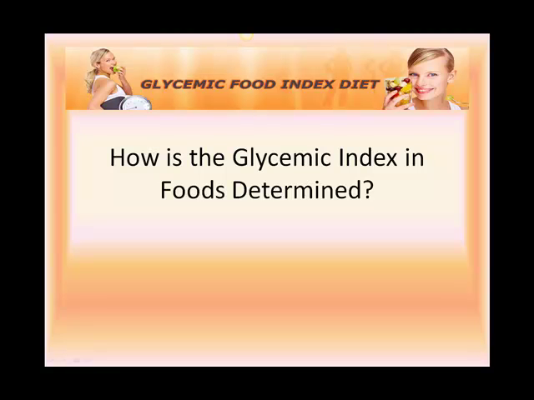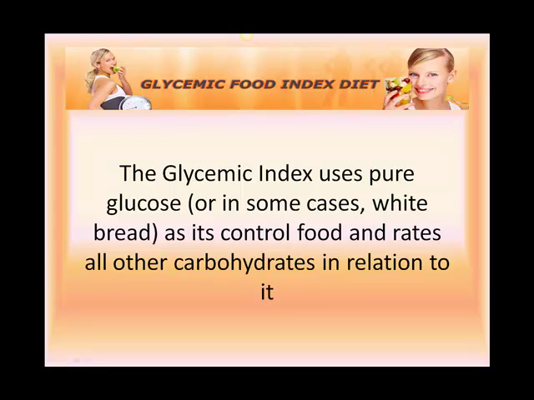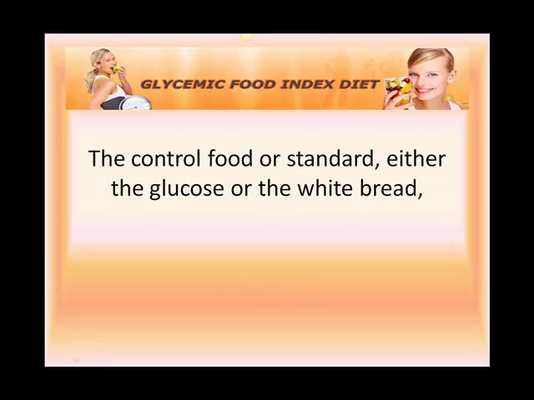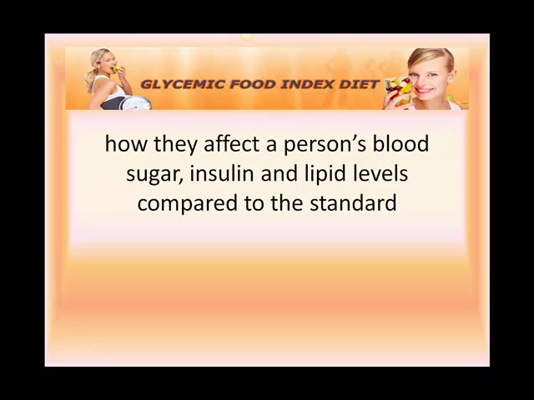How is the glycemic index of foods determined? The glycemic index uses pure glucose, or in some cases white bread, as its control food and rates all other carbohydrates in relation to it. The control food or standard, either the glucose or the white bread, is given a rating of 100, and all other foods are tested as to how they affect a person's blood sugar, insulin and lipid levels compared to the